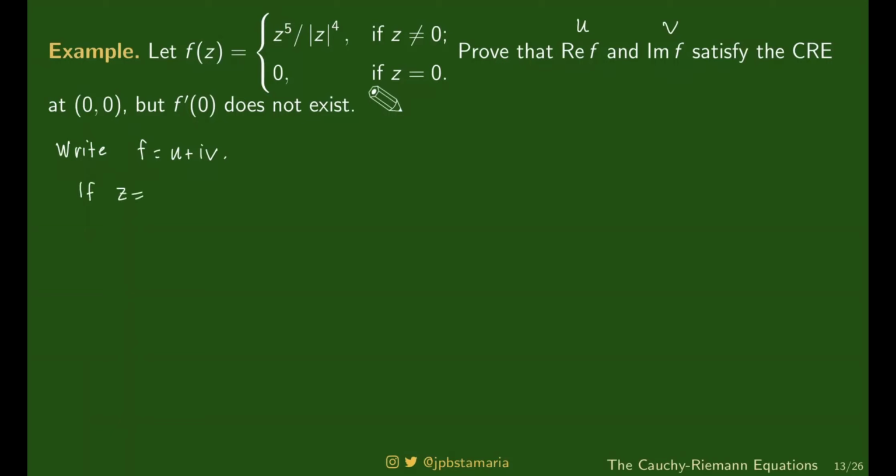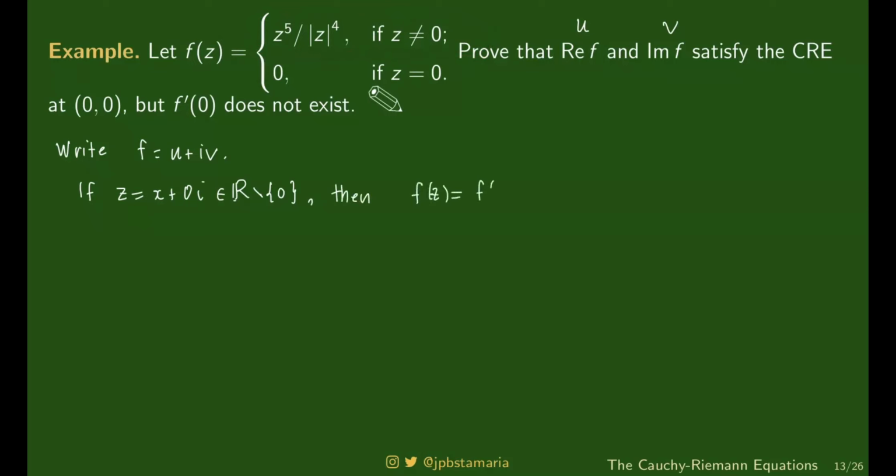If z is real, when I say z is real, y is zero. Real, but z is not zero. Remember, we are taking the limit as z approaches zero, so I will not stick z to zero. So if z is real but not zero, meaning you are on the x-axis but not touching the origin, then what can you say about f of z?